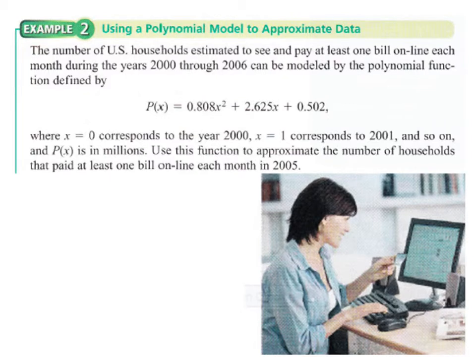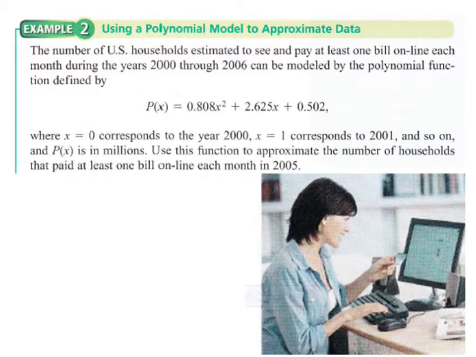Here we're going to use a polynomial model to approximate some data. Here we've got a situation, number of U.S. households estimated to see and pay at least one bill online each month during the years 2000 through 2006. It's a little bit older data. It can be modeled using the polynomial function defined by this polynomial here. They do explain here that x equals 0 corresponds to the year 2000, x equals 1 corresponds to 2001, and so on. P of x is in millions, so that's millions of households that did this, paid at least one